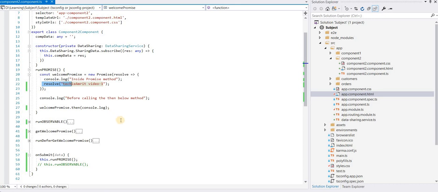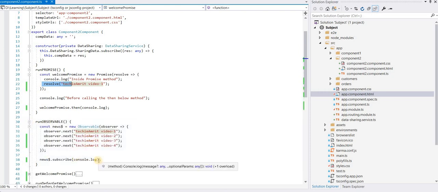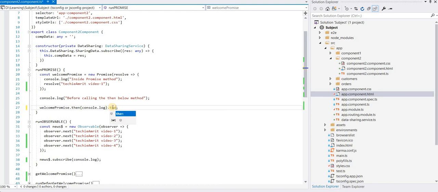I can give you a small thing also: where you have subscribed to the observable data, you can manipulate the data request by using the map function or filter. But in promises you have to use dot then, and you can use as many thens as you want. It's like a chaining request, and either you can reject or resolve the request created by the run promise.